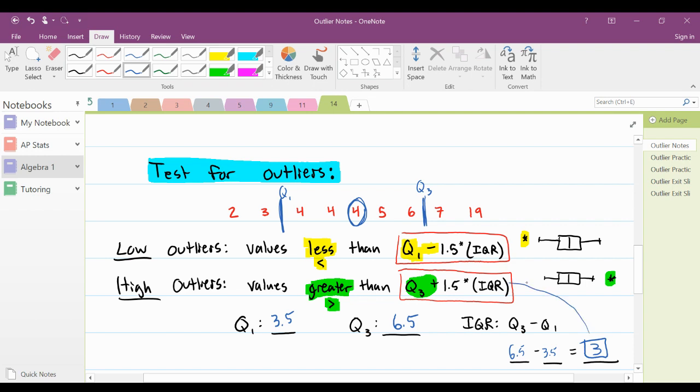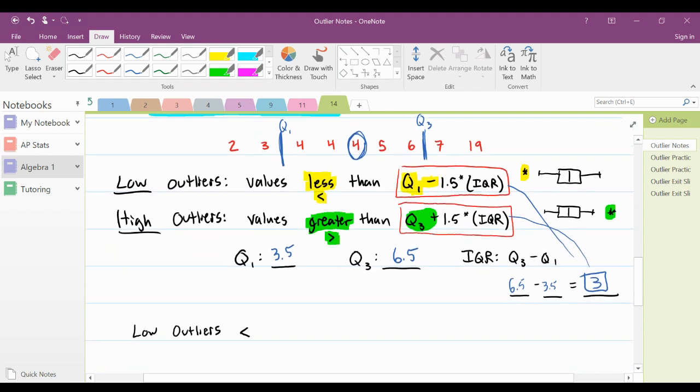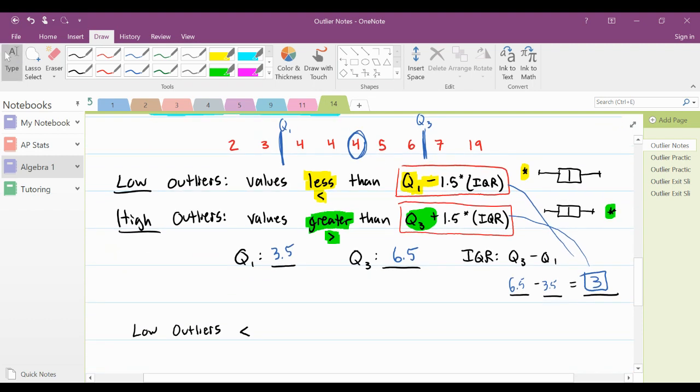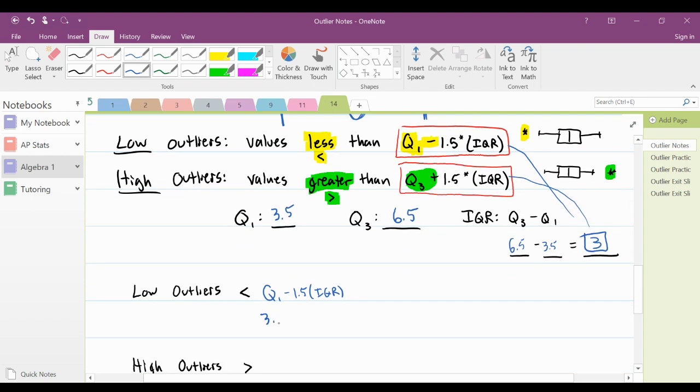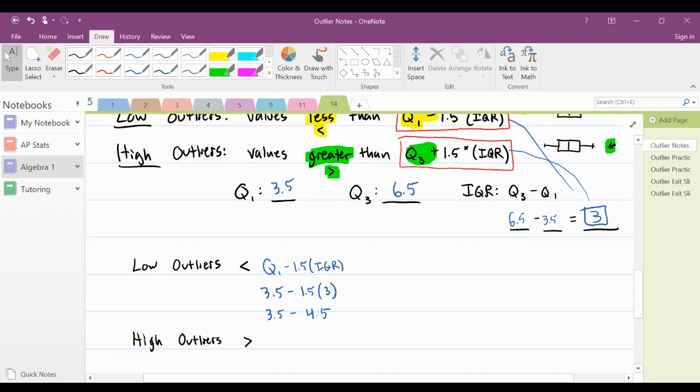So we're going to use that IQR in this equation to find possible outliers. So we know that low outliers are values less than Q1 minus 1.5 times IQR. So we're going to put those values in there. Q1 we know is 3.5, minus 1.5 times the IQR, which is 3. 1.5 times 3, you can put in your calculator if you need to, but that is going to be 4.5. So low outliers are anything less than 3.5 minus 4.5